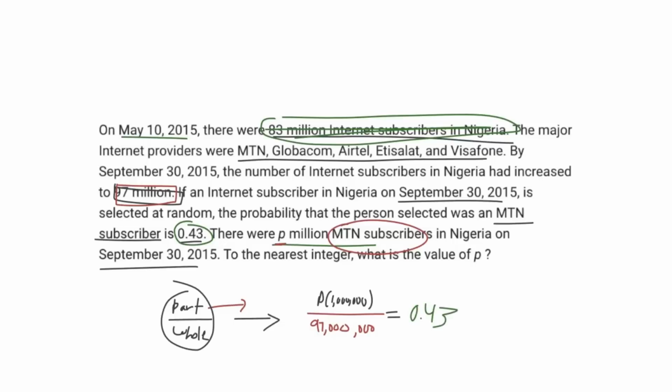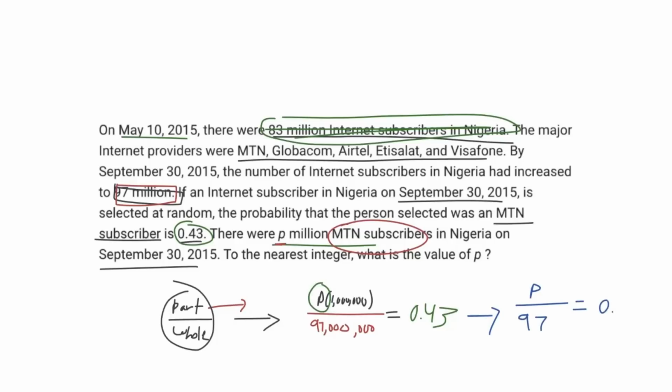So now it's pretty simple. We just have to solve for the value of P. To do this, you just plug it into Desmos, right? But first, let's simplify this out, because if you type 1 million over 97 million, it's going to give you an error because it's such a small number. So what we can do here is just simplify. We have P, and then we divide the 1 million by 1 million and divide the 97 million by 1 million. So we get P over 97